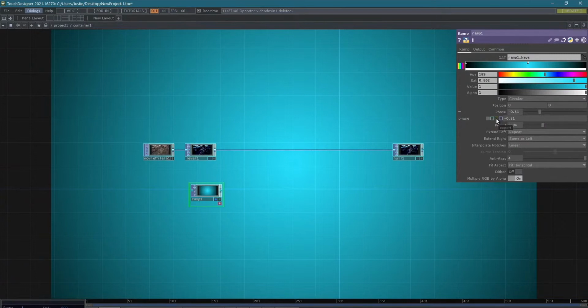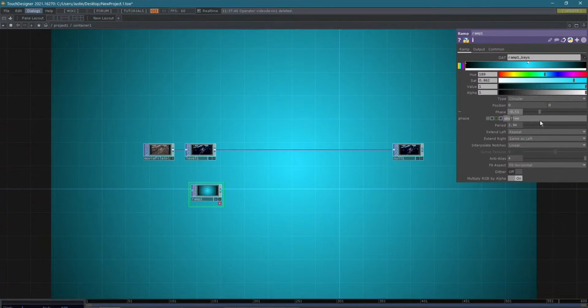You can set it to an expression, an export from another operator, or a bind, which is actually a two-way export, which is cool but more advanced. So what I'm going to do, and this will automatically switch types, is delete the number here and type in ABS for absolute, and then capital T time. So absolute time,